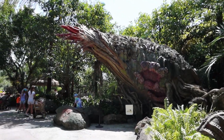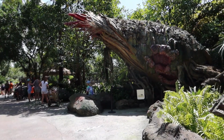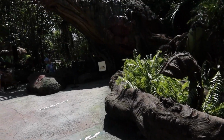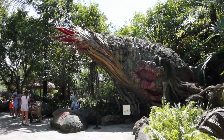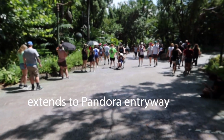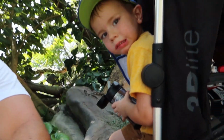So this little alien life form, it doesn't spit water at the moment. I think it's more of a safety concern, I guess. But they do have social distancing placards if you want to go over there and take your picture with it. At night it does light up and it looks pretty cool. So this line is the line for Navi River Journey, which pretty much goes right out the side of